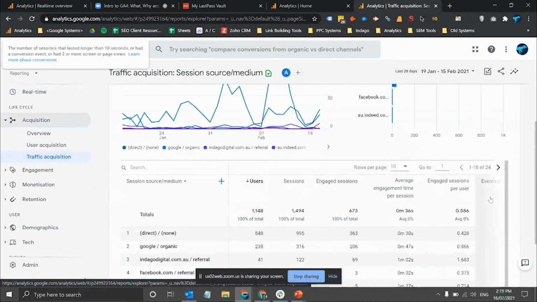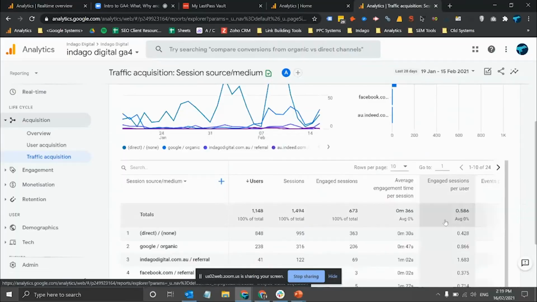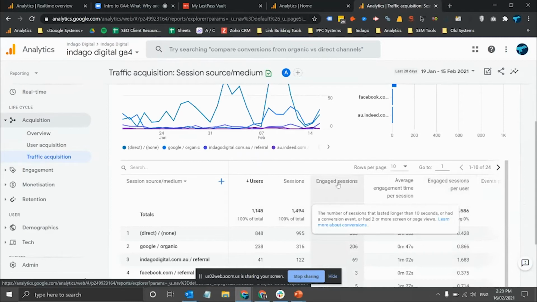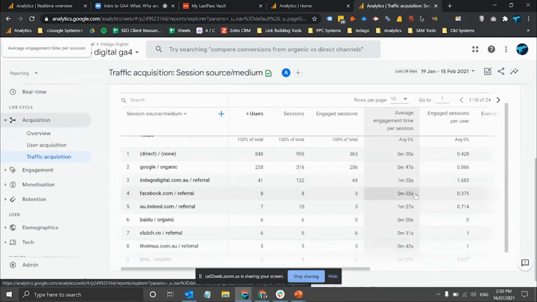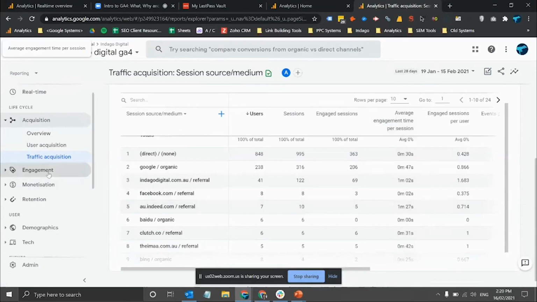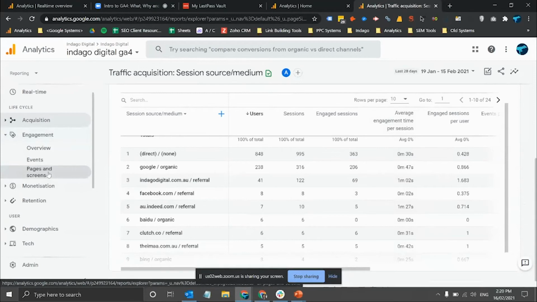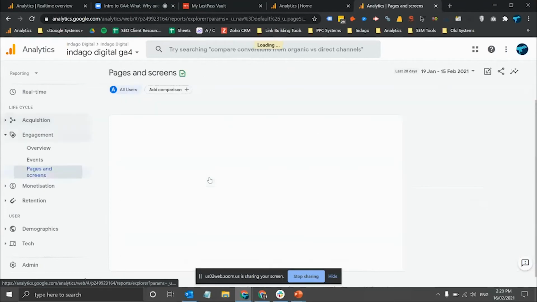in Universal. There's a few different metrics and dimensions available because there's a different sort of measurement model. So for example, engaged session is something that's new that people probably wouldn't have come across in Universal Analytics. Similarly, there are a few other metrics that are a bit different. The engagement section is probably equivalent to the behavior section that we are used to seeing in Universal. So if we go to the pages and screens report,